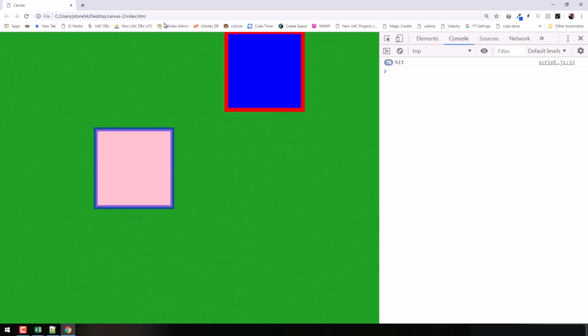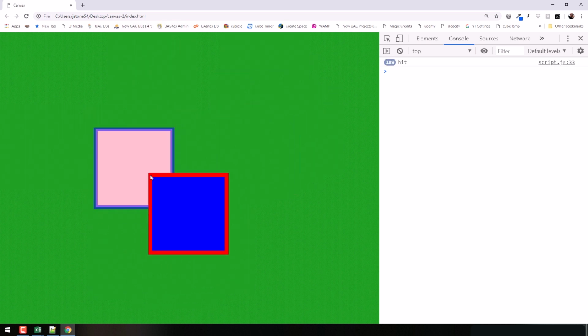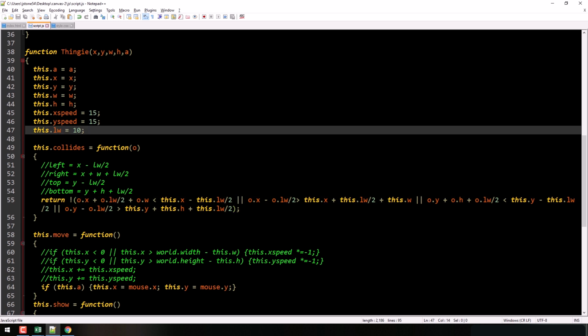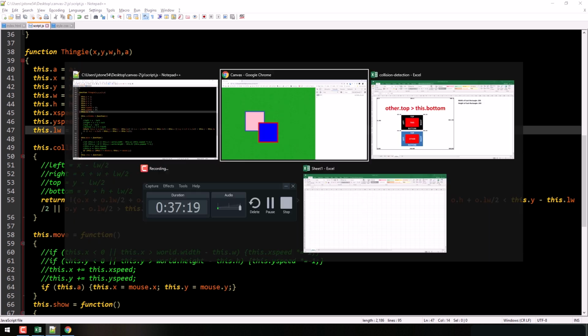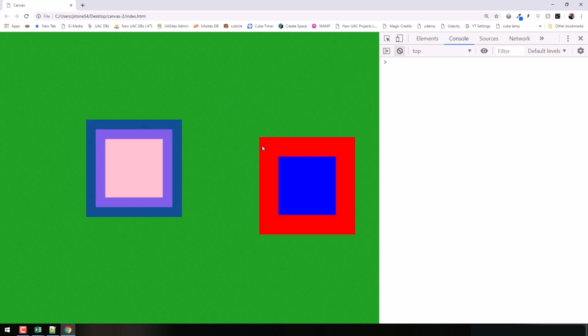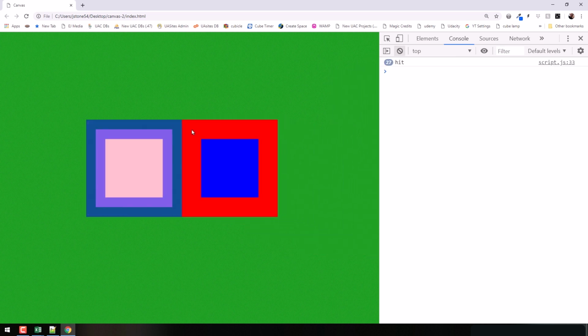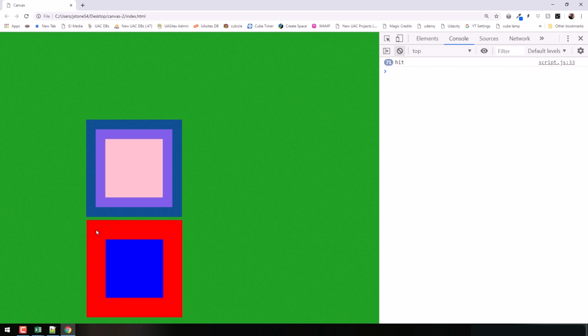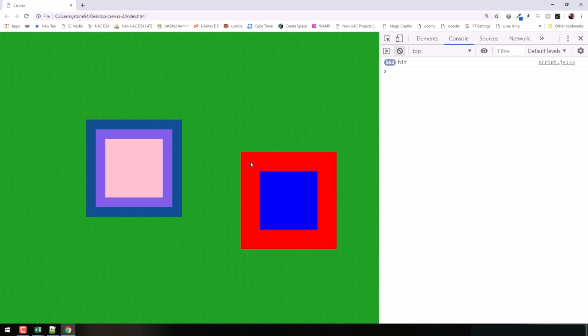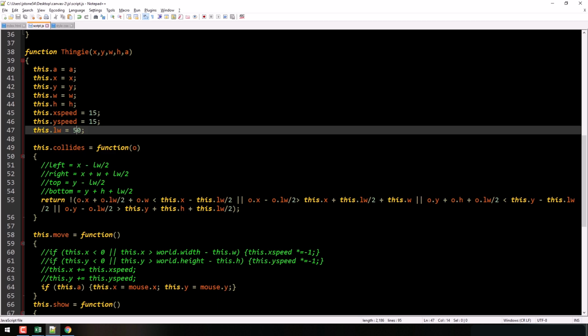Okay. So here we go. Bottom. Yep. Right when I touch. Looks good. Okay. So I think we got it. And just to make sure, let's make this border super thick, not 550. Okay. And clear that out. And it should right there. It looks like it's working. All right. Right there. Yep. And I can barely fit it in there, but it is working even though I'm right against the edge. And at the top, same idea. It's working even though I'm barely touching it. So it looks good. I know it's kind of messy business there. So hopefully you now got your head wrapped around collision detection a little bit.